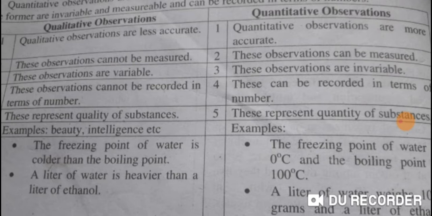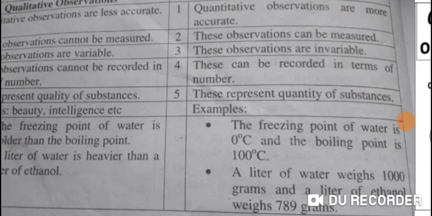Qualitative may include beauty, intelligence, the quality of a substance, what the freezing point or the boiling point of water is. We can discuss that the freezing point is colder whereas the boiling point is hotter. The 1 liter of water is heavier than 1 liter of ethanol. These are the examples. But on the contrary,